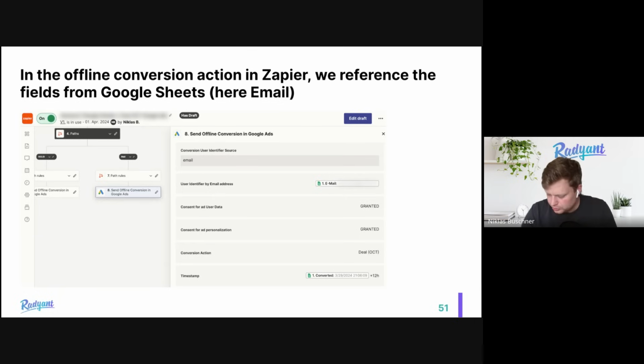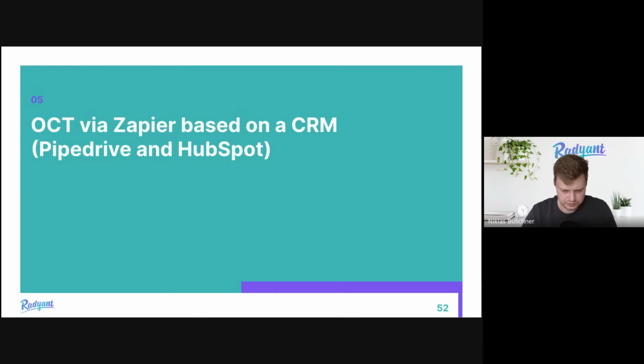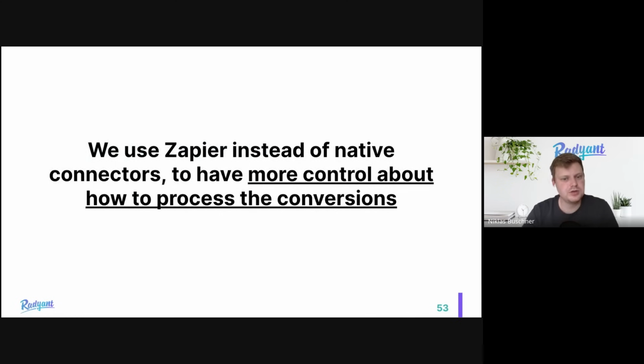Yes, then let's go to the last chapter before the Q&A, which is offline conversion tracking by Zapier based on a CRM. One pre-notice here: we use Zapier instead of native connectors. HubSpot, for example, has a native connector to Google Ads, where you could also use offline conversion tracking. But for us, it's important to have more control over how to process the conversions. We want to be able to say when we want to trigger the conversion, how we want it to be triggered, which data we want to use for it, etc., so that we ensure maximum data coverage